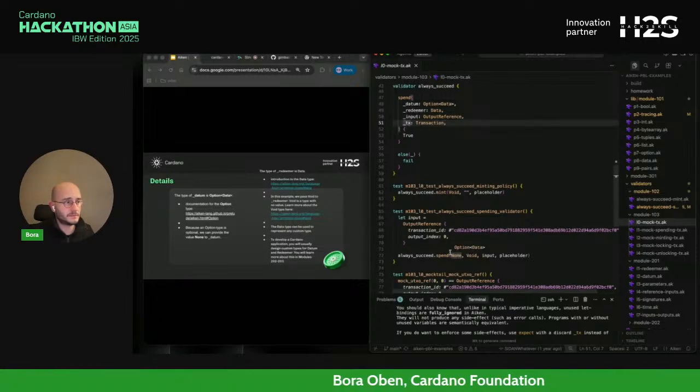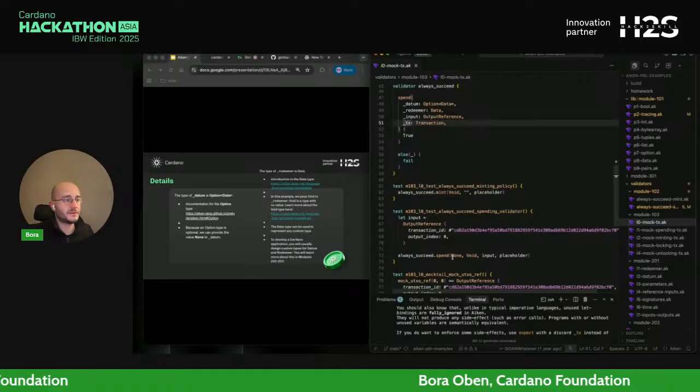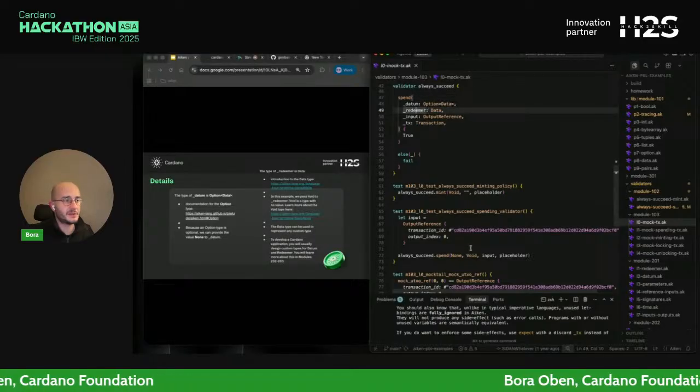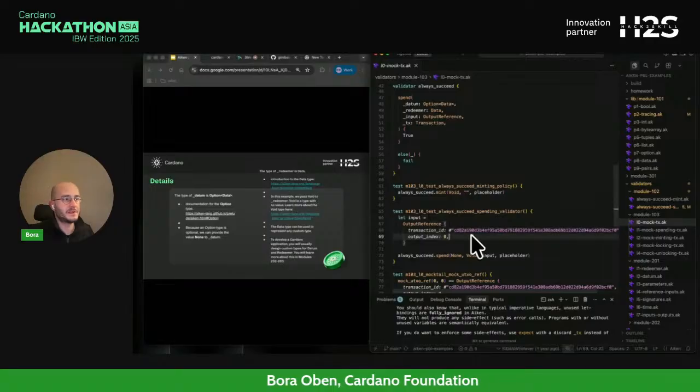This is saying that in this test, the transaction we are checking for does not have a redeemer. It's void, and this input is what was specified here.